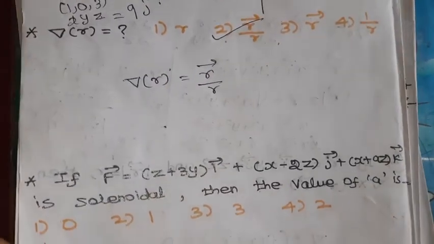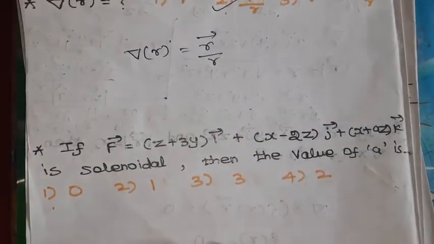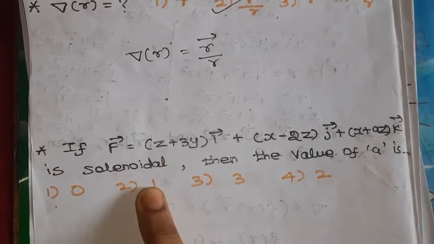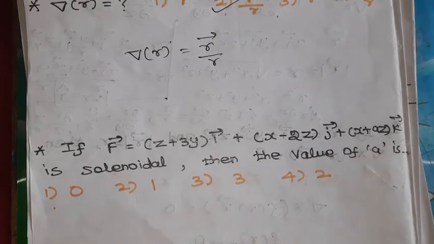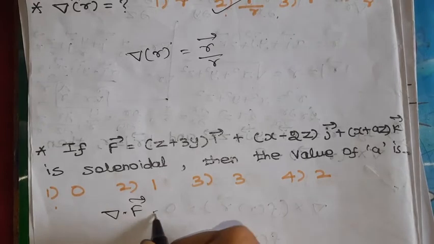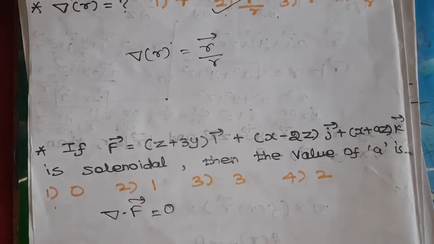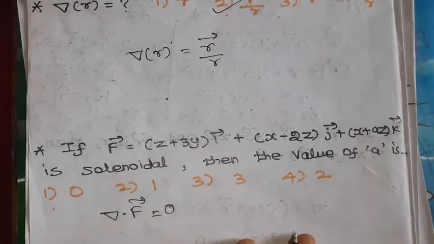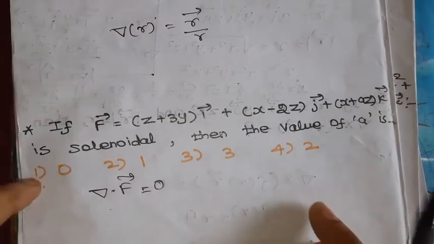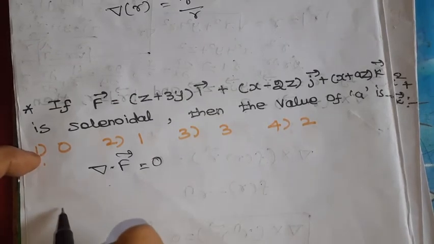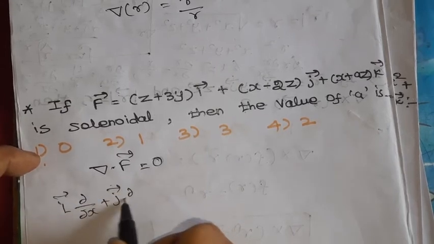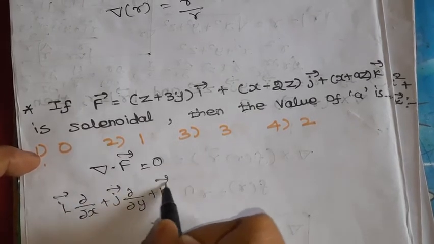Okay. Moving to the next problem, f is equal to some vector value that is given, and it is solenoidal, then the value of a. So what is solenoidal? To meet the solenoidal condition, the divergence of that f vector is equal to 0. So del dot f equal to 0. So find out del dot f and then equate it to 0, and we can find out the a value. Okay. So del is nothing but, we know that, i into dou by dou x plus j into dou by dou y plus k into dou by dou z